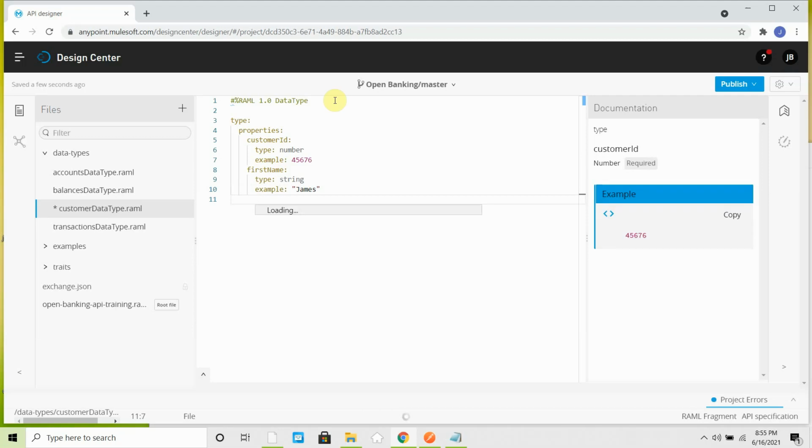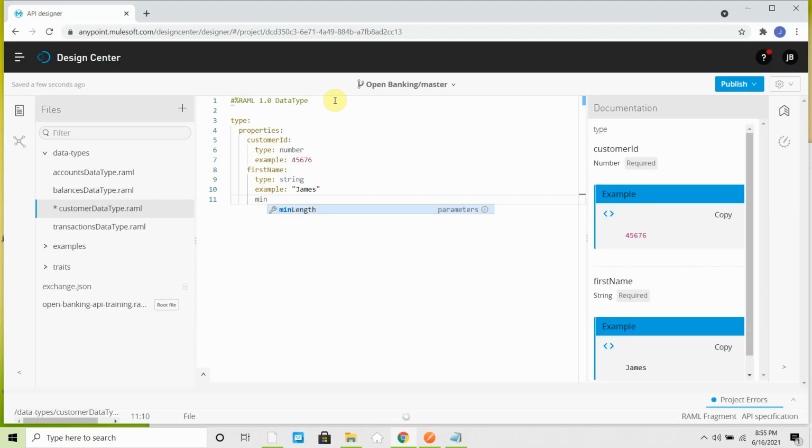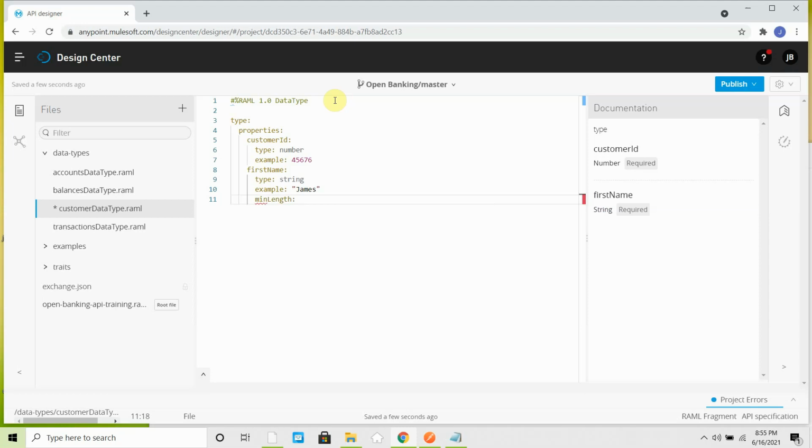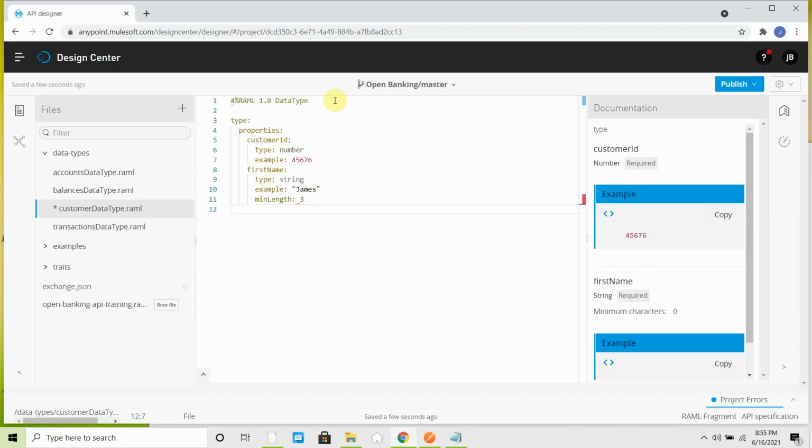Just press Control Space, and it will load the different attributes you can declare. Here I'm saying minLength must be 3, and maxLength I will give as 10.